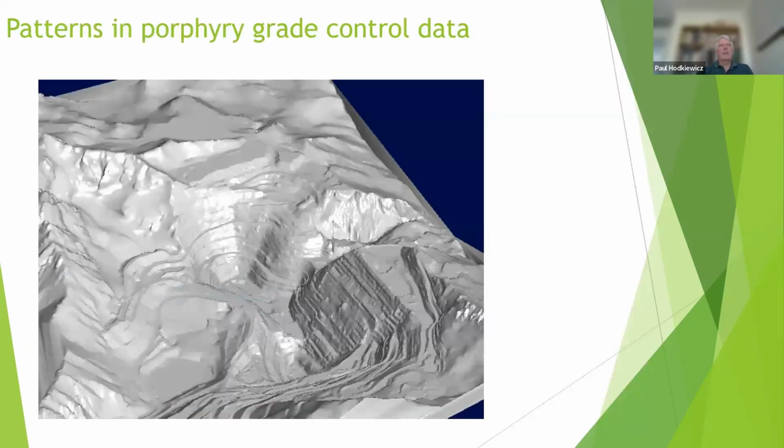So here's another example of patterns in a porphyry copper deposit in South America. Again, several 100,000 grade control samples from blast holes. And again, I'm going to turn on several benches worth of data, and then look at copper, moly, and arsenic from those, and we can see some